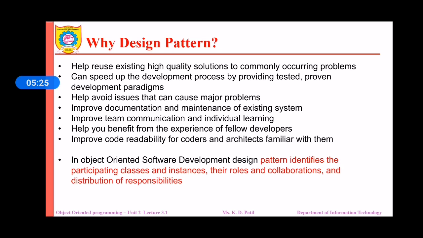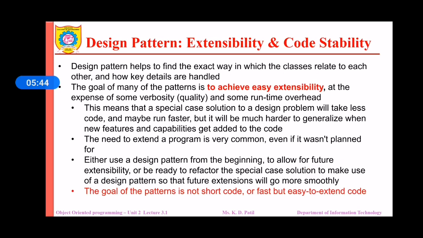Design patterns improve code reliability and code readability for the coders. In object oriented software development, a design pattern identifies the participating classes, instances, their roles, their collaborations, and the distribution of responsibilities. Let us see how design patterns provide extensibility and code stability. Design patterns help to find the exact way in which the classes relate to each other and how the key details are handled. The goal of many design patterns is to achieve easy extensibility,